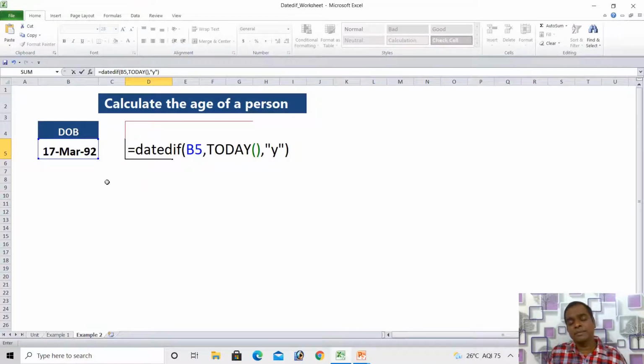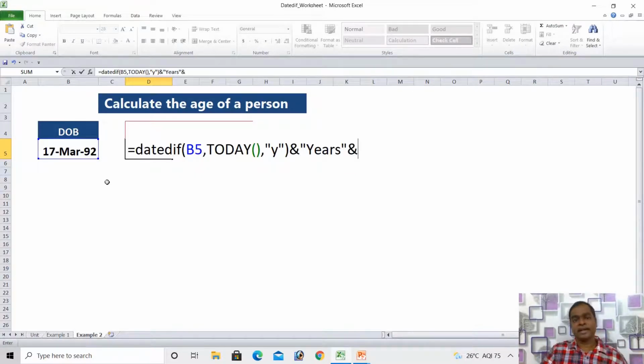It will give the number of years. You can concatenate with the ampersand, and to note that this is the number of years, you can write down "years". And again start the ampersand operator.